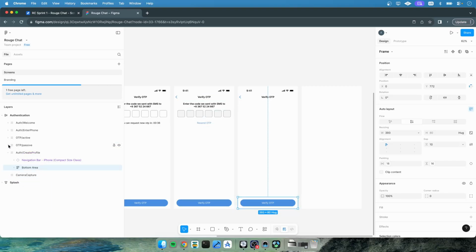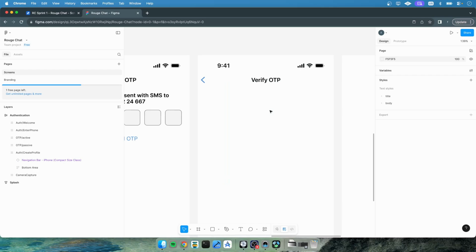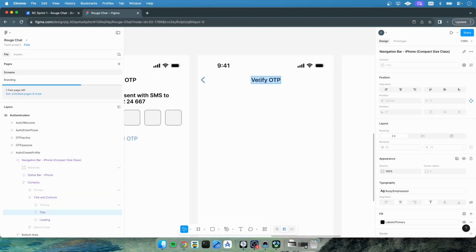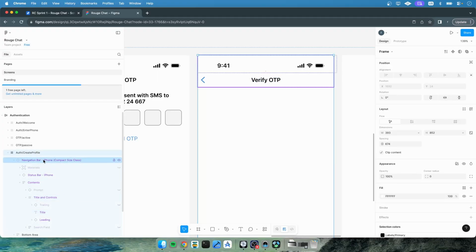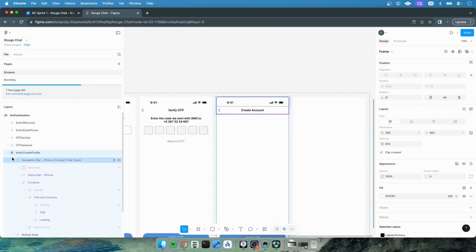So this is good. In this screen, we just need a profile picture, create account for our text field, maybe not, we should edit this one, create account. Okay,